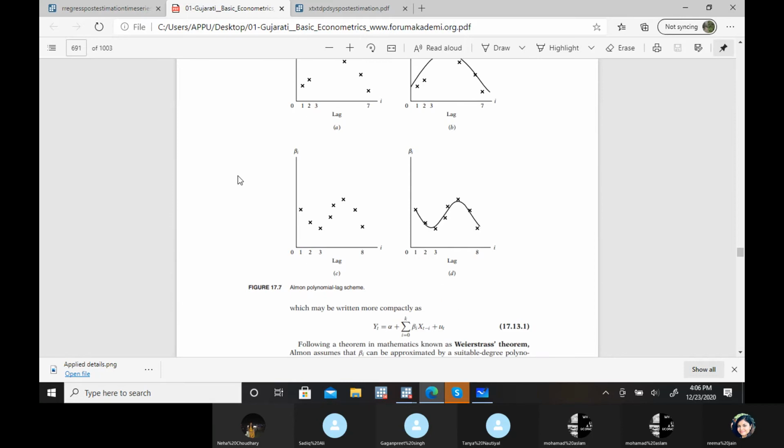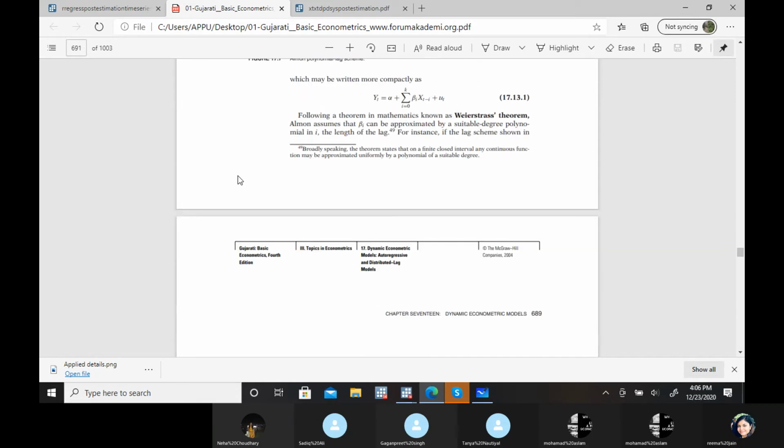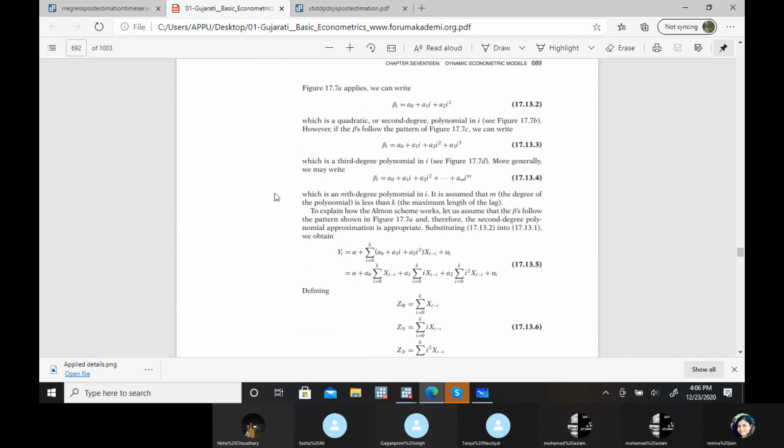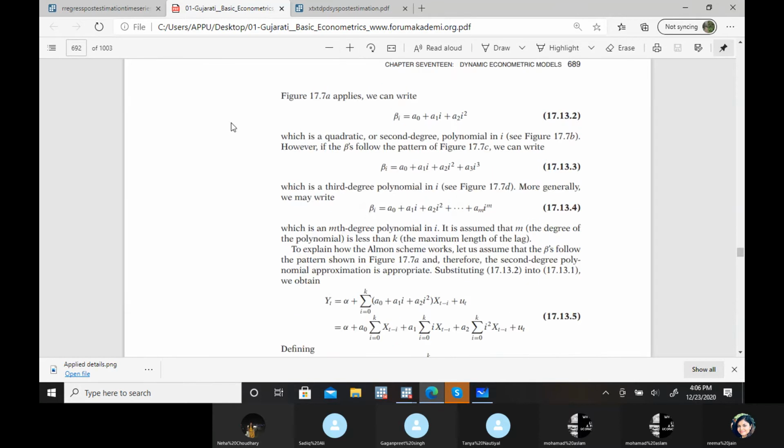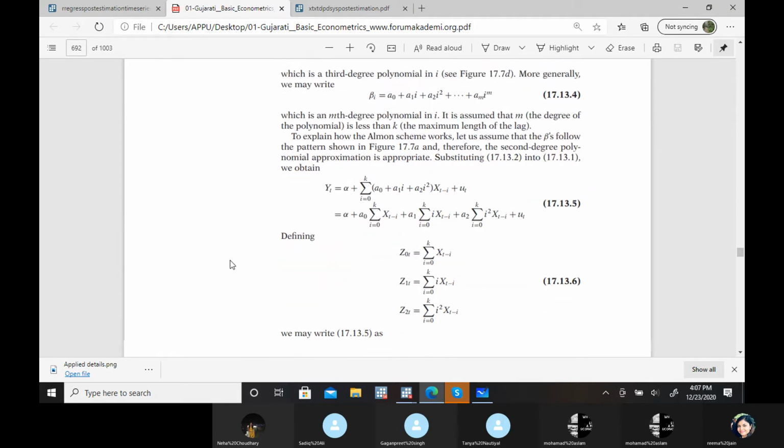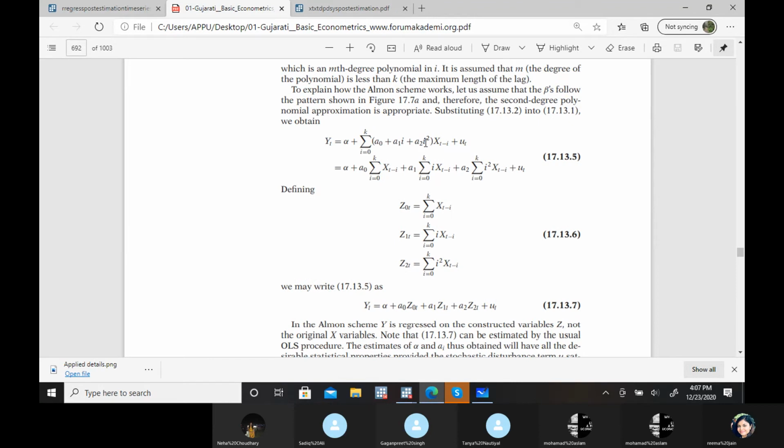Okay, so let's suppose now how Almon suggested that for these types of behaviors, you incorporate them in this particular form. It's not a simple beta coefficient, but now it's not some linear change in beta, right? It may be quadratic, it may be a third degree polynomial. So whatever relation you think is more suitable for you, that equation you have to put here.